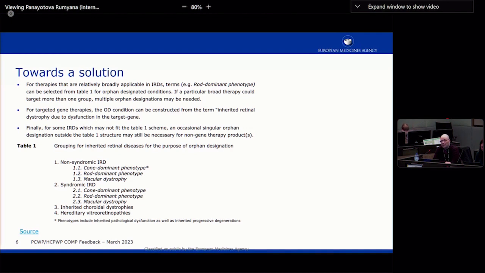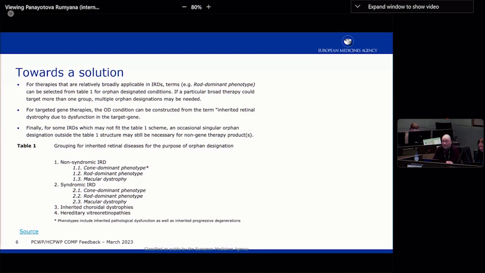And then in there, we will look, are you cone-driven, which means are the cones first affected? Are you rod-driven? Are the rods first affected? And then macular dystrophy, which is a bit of a catch-all term for everything that doesn't fit in the other 2 subcategories. We have the choroidal dystrophy, so the dystrophy that involve the capillaries behind your retina. And then last but not least, we also have the vitreoretinopathies, which are those that involve your vitreous body of the eye. So this is a model for every treatment that could treat more than one of these IRDs or more that goes over genes.